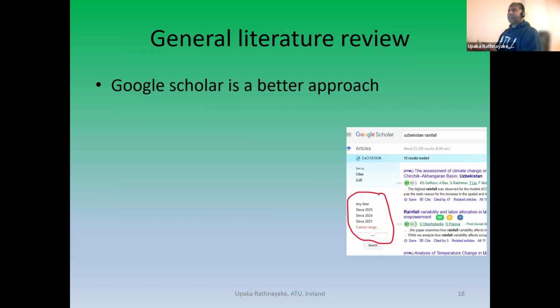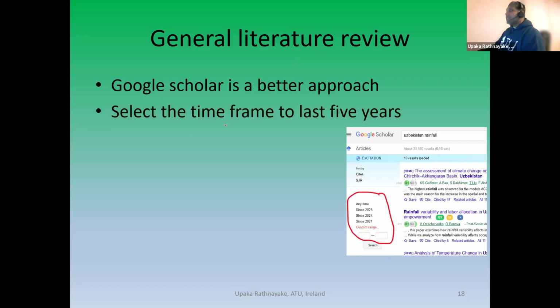Google Scholar is a better approach. We have other approaches like Scopus search and so on, but Google Scholar is what everyone knows about. So I basically select the time frame when it comes to research. You can select the time frame to the last 5 years, because research is dynamic, updating every day. Every day you can see the updates about research work. The methodologies are updated, the approaches are updated, and so on. So I basically go for the last 5 years of work.